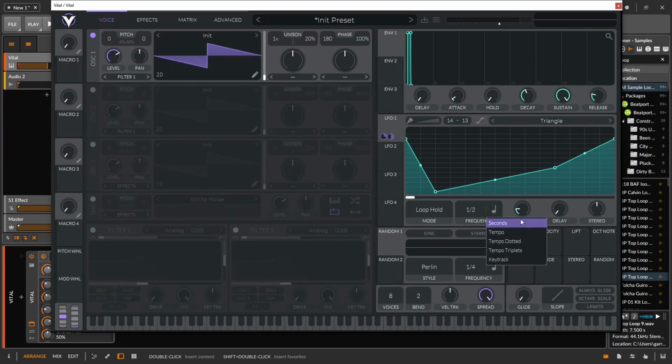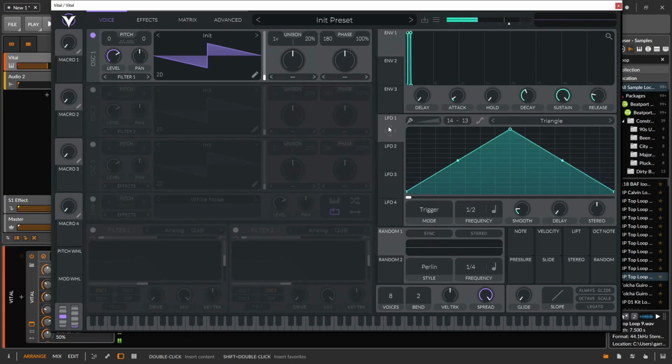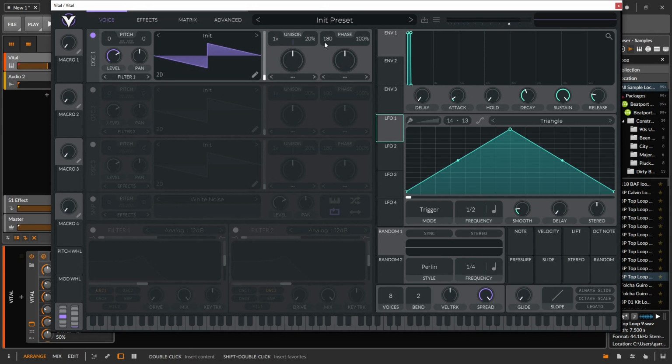then you set here whether you want it in seconds, if you want it set just to the straight tempo, or if you want it to be dotted or in triplets. You can also key track it, where it will play. So let's just reset this patch. So we get this default triangle envelope, and let's set this to, so frequency modulation, just in case you don't